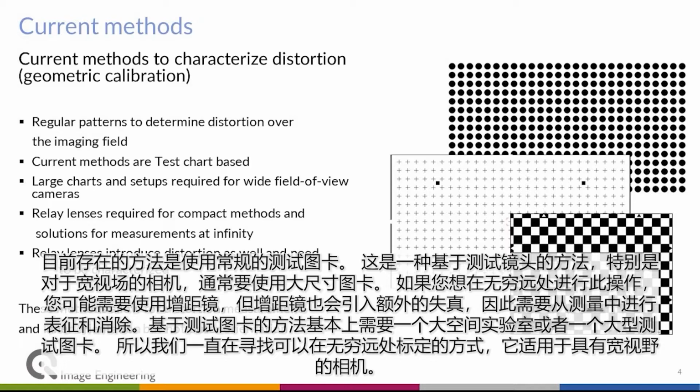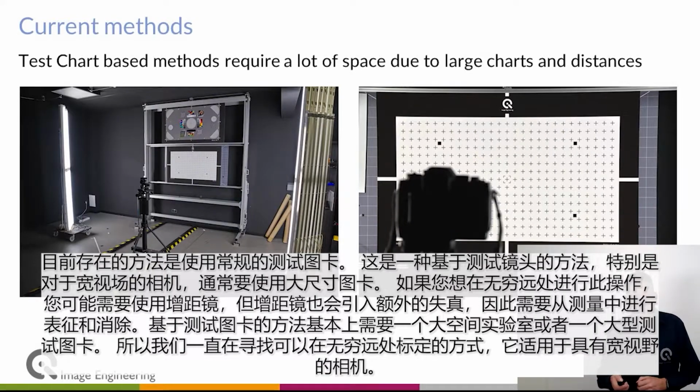And if you want to do this at infinity, you may want to use a relay lens, but that relay lens also introduces distortion and therefore needs to be characterized and eliminated from the measurements. So a test chart based method basically requires a large lab and a large setup with your camera and test